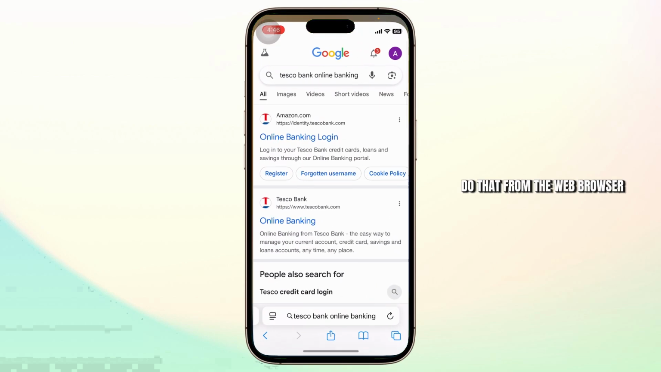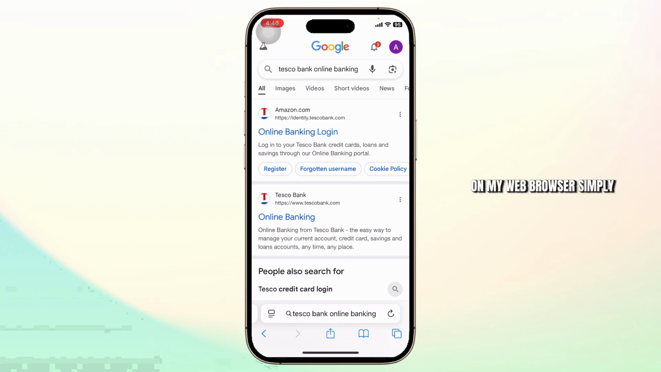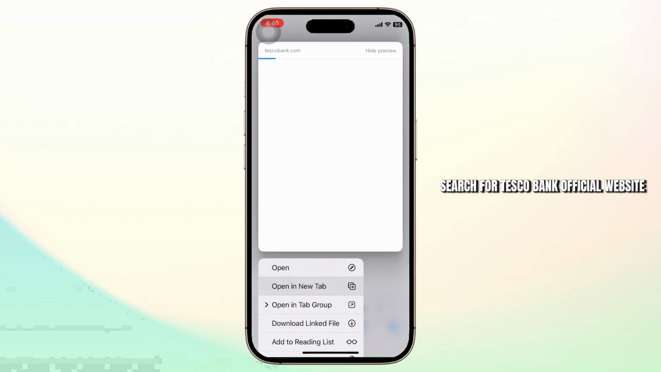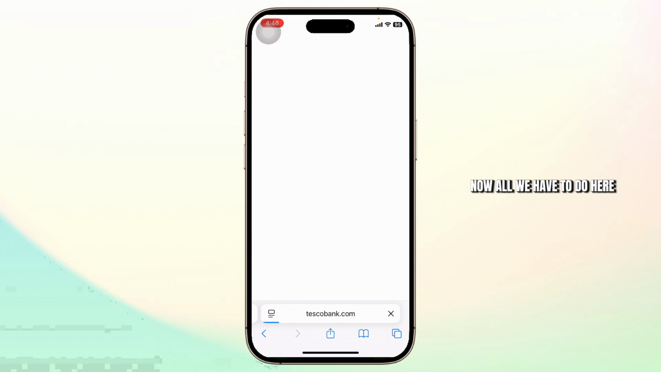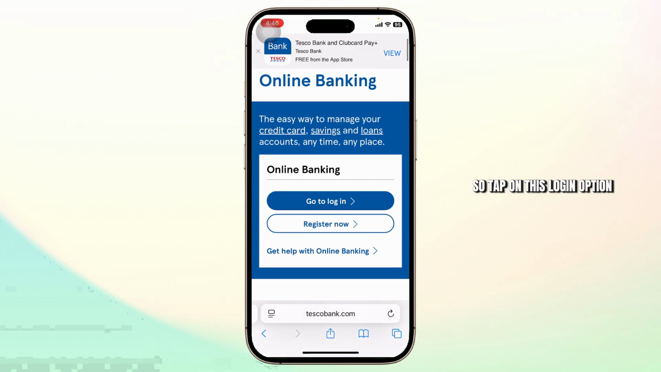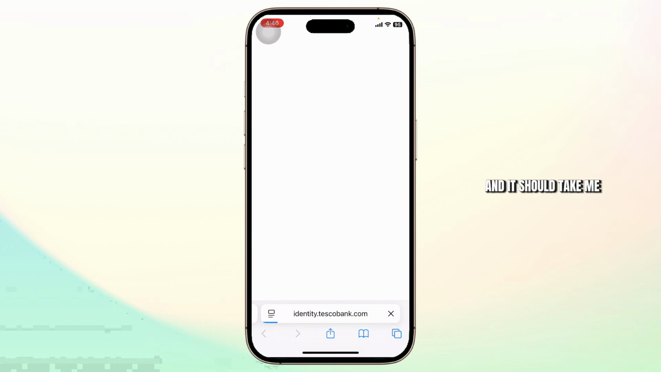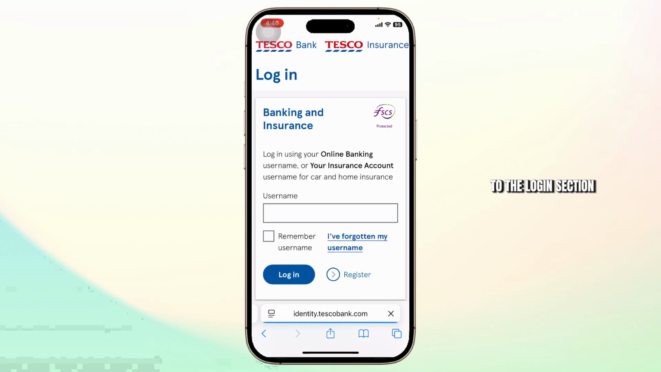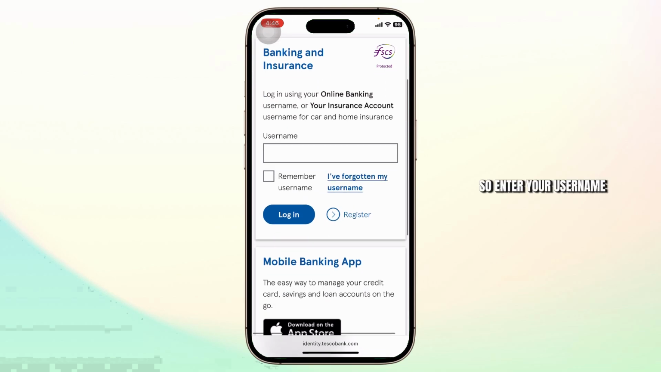from the web browser. On my web browser, simply search for Tesco Bank official website. Now, all we have to do here is log in. So tap on this login option under online banking, and it should take me to the login section. Enter the username and tap on login, and after that enter your password and you'll get logged in into